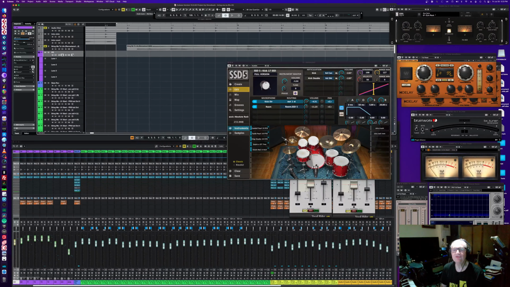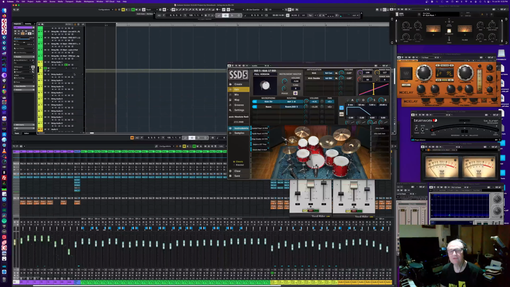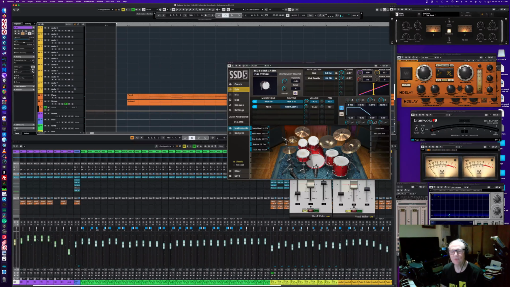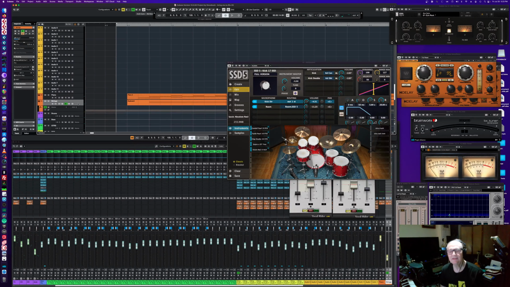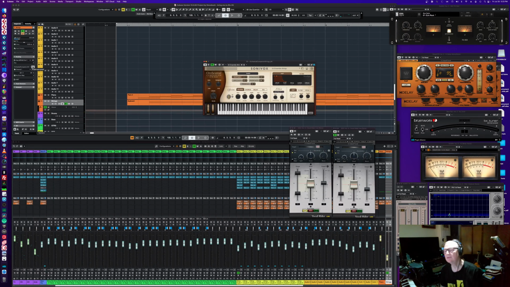Another virtual instrument are the strings. This song also has what I call a string pad that runs throughout a lot of the song. And for strings, I also have a virtual instrument. It's the Orchestral Companion Strings from Sonavox. And again,